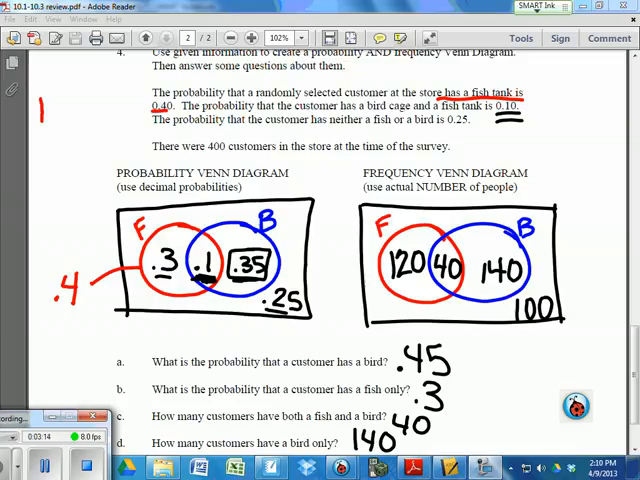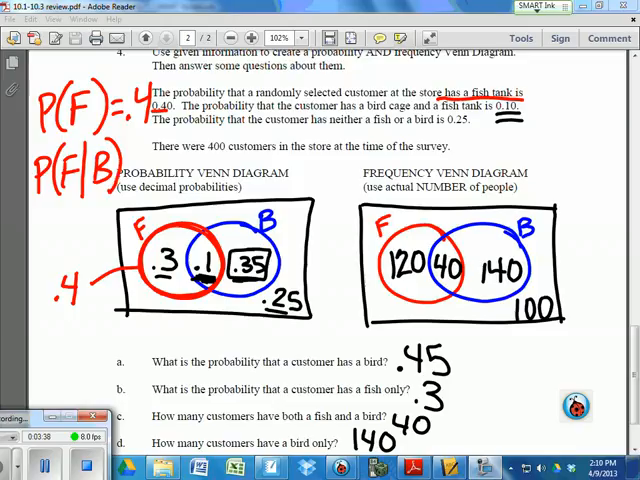To see if fish and bird are independent, the probability of owning a fish, which is what? What's the probability of being in the red circle at all? 0.4. That needs to be the same as the probability of F given B. Now, let's talk about how to calculate that. To find the probability of F given B,